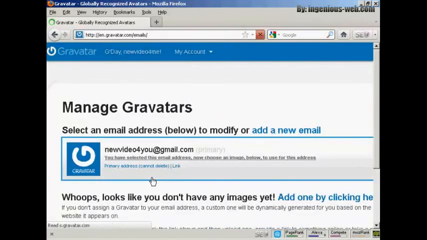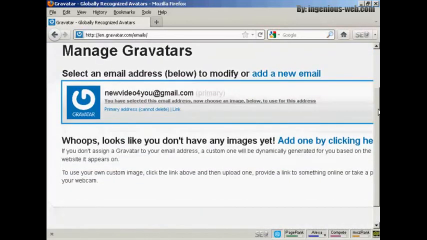If you don't have a wordpress.com blog, then it's quite easy to sign up for a Gravatar account. All you do is enter your email address, and they'll send you a link to that email address. You click on it, you enter your username and password, and then hey presto, you're signed up. Okay, once you're signed up and logged in, you can upload an image that you're going to use as your gravatar. So what you can do, click here,